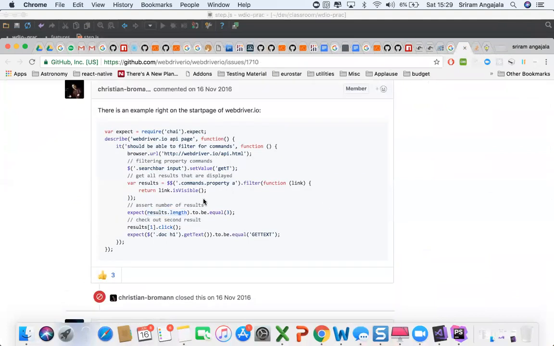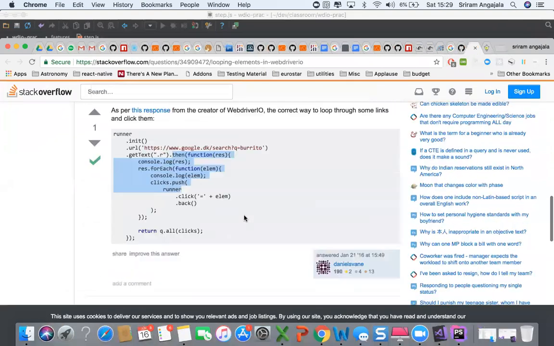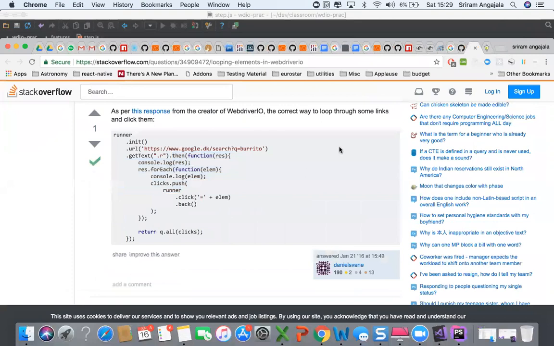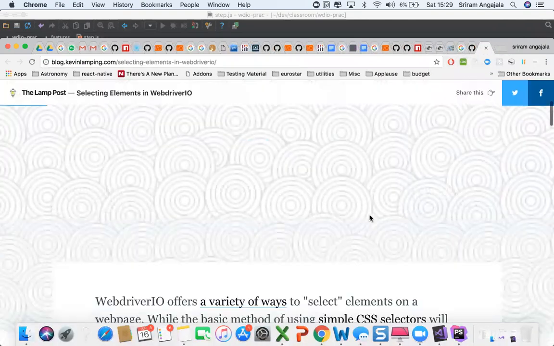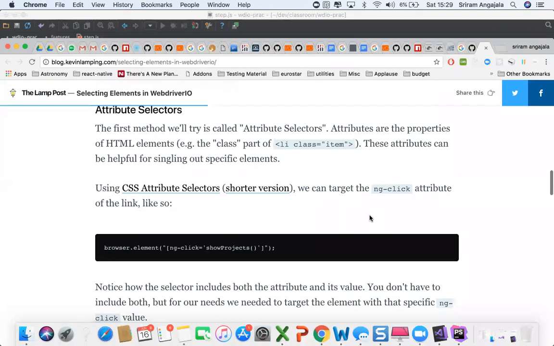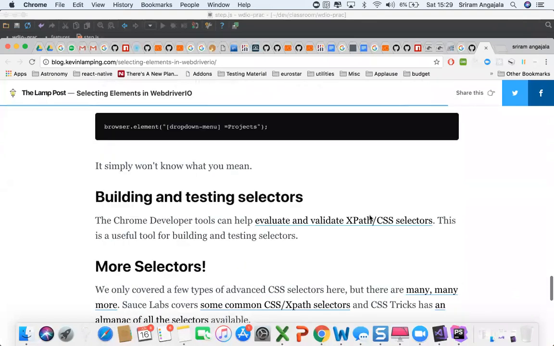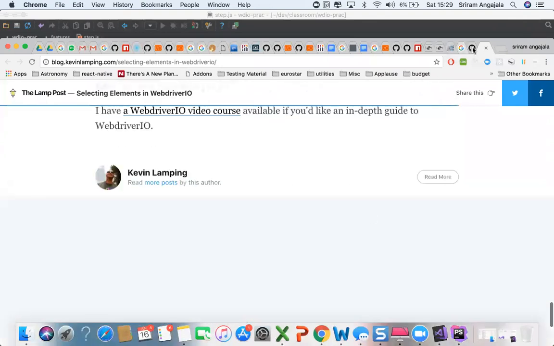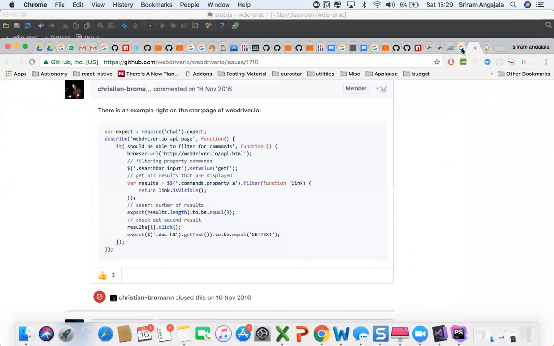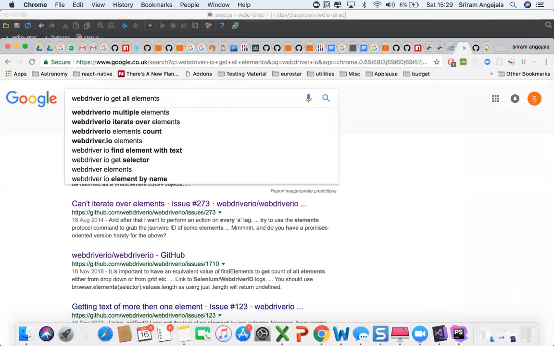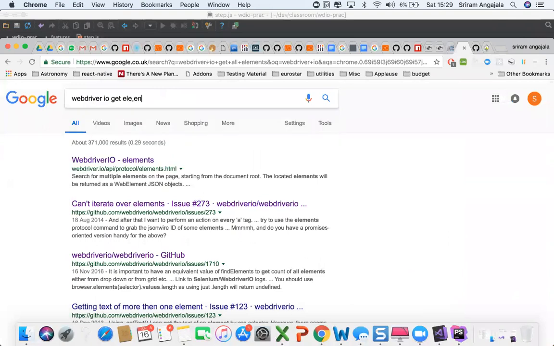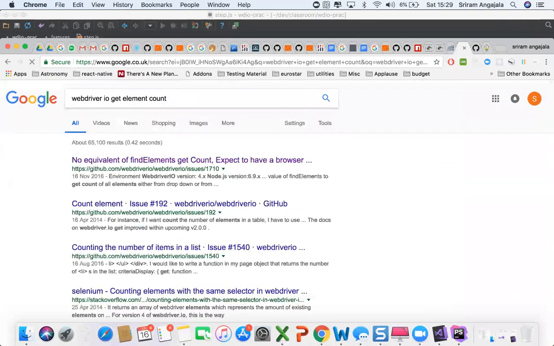Okay, so what would we do here? Elements. We're getting the elements. Okay, maybe I think we need to leave that for now, guys. I think it's getting a little bit complicated. I don't want that get elements count. Okay, this is a simple thing. I don't know why I'm not getting a straight function. There should be something like